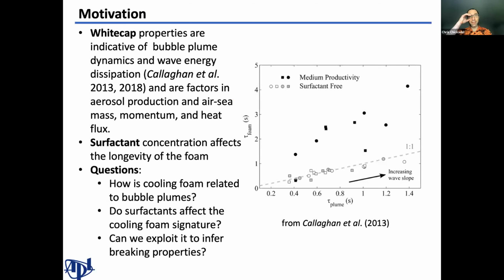So it's pretty clear, and everybody else has already shown this, and I think Luke and Morteza especially have shown some compelling evidence of why you really care about whitecaps, because they're indicative of the sort of bubble plume processes, which I haven't talked about, but they have, and energy dissipation, which they have. And of course, Luke did a good job of presenting the importance of air-sea mass, momentum, and heat flux, and aerosol production in whitecaps. Work by Callahan